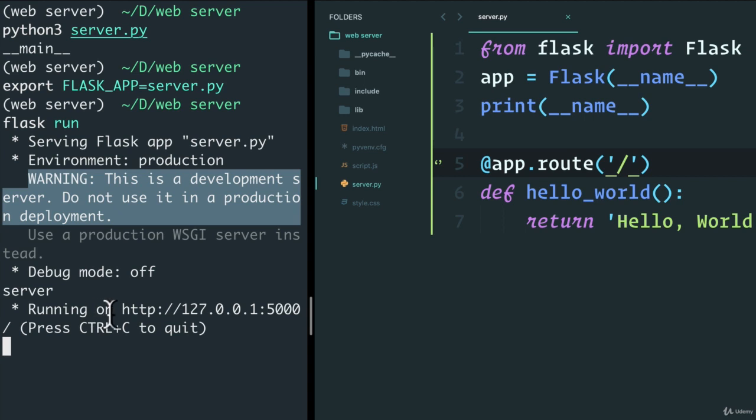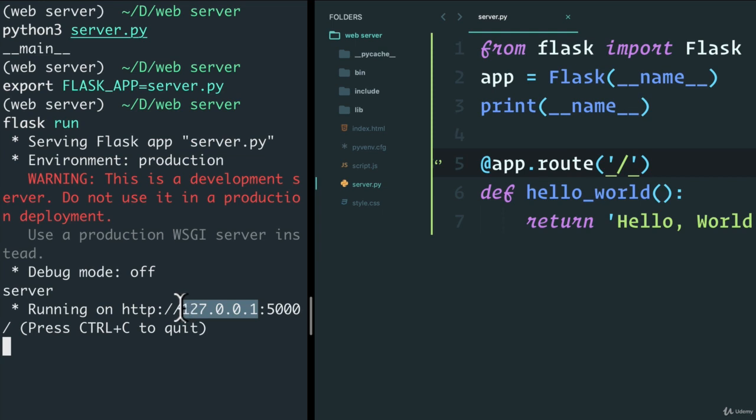And you see here that it's running on HTTP 127.0.0.1. This is the standard. It's what we call a localhost. This is the URL or the address of the laptop I'm working on. And for you, that's the same thing with port 5000. So if I copy this